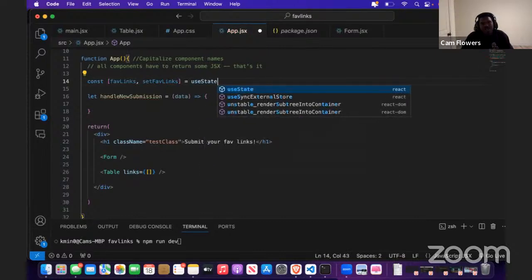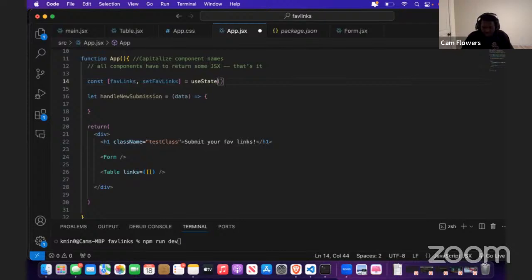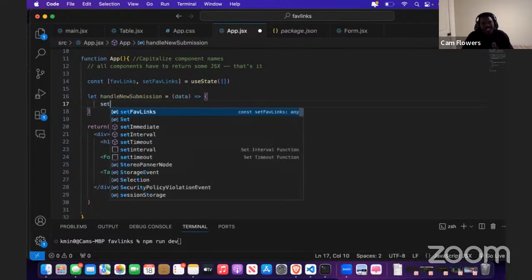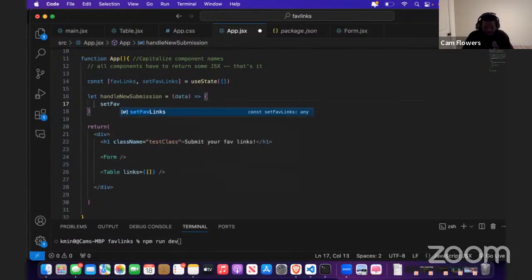So I'm going to start with a useState that is an empty array, right? And so essentially, whenever I handle this new submission, I want to take that data and I want to set the links that are inside of this. We'll set the fave links here to be basically a new array that has the